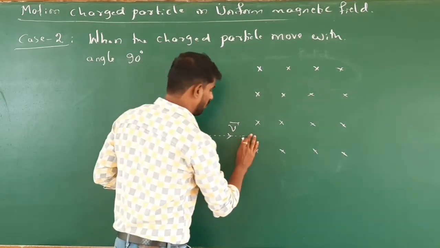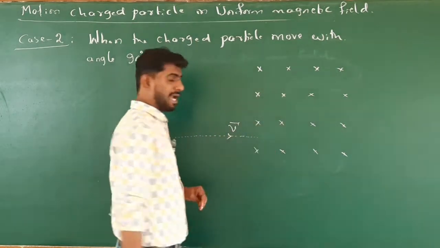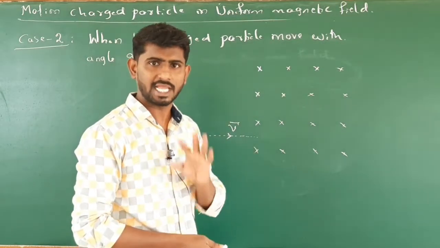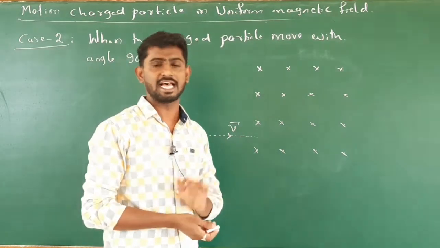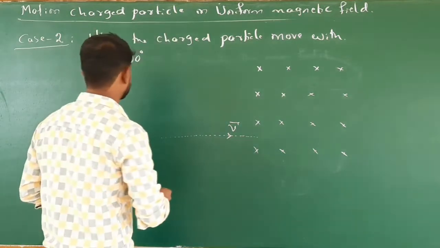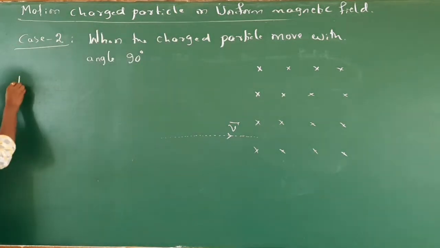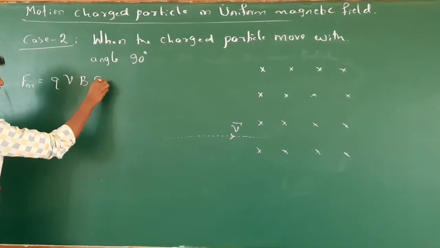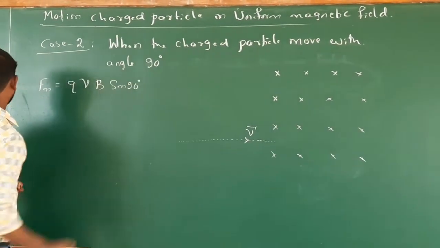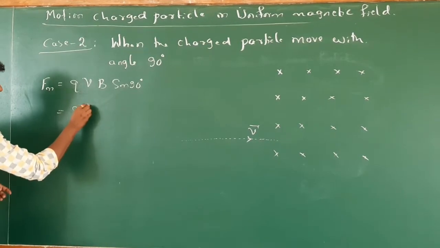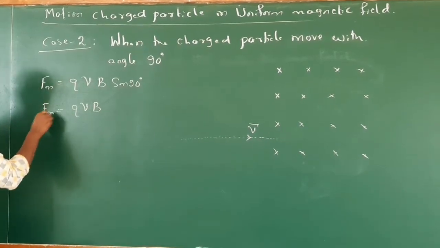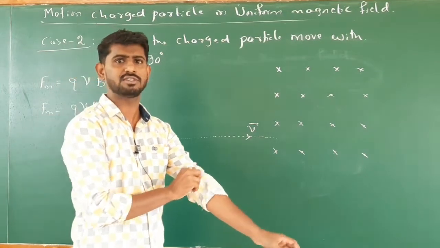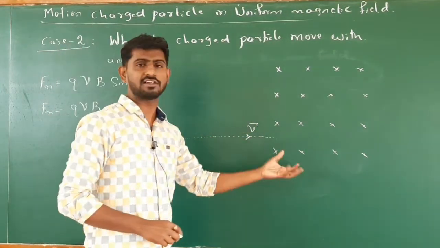So when it enters the magnetic field at an angle 90 degree, can it experience magnetic force or not? Yes, it has to experience. How much magnetic force may it experience? As per the formula, Fm is equal to QVB sin of angle 90 degree. What's the value of sin 90? This is 1. So this is QVB. We can say this is the maximum magnetic force of that charged particle with that velocity in that magnetic